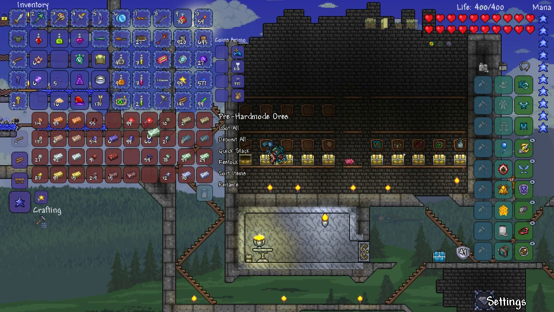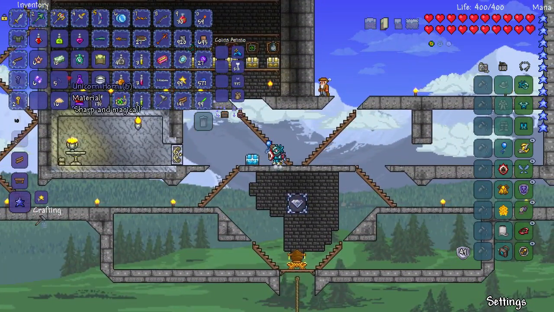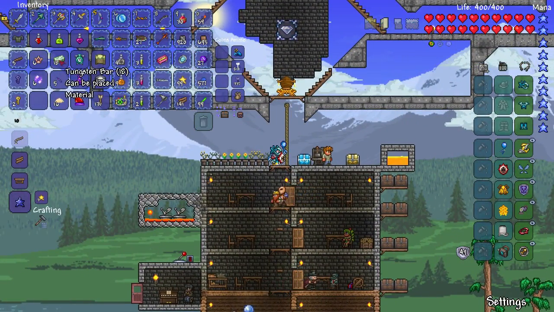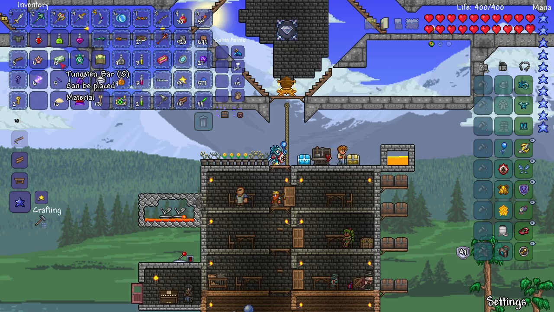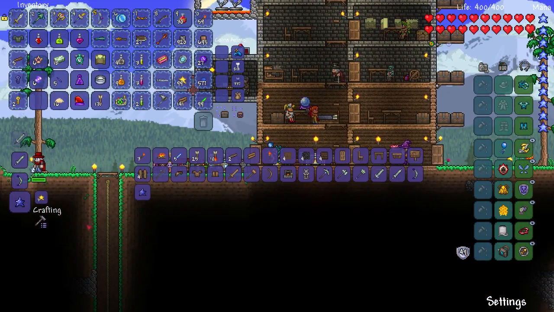Let's just take some tungsten. I actually don't know how much it is, I don't remember. So let's just take a bunch of tungsten. We're going to be using 6 souls of night, 6 vertebrae, since I don't have any rotten chunks. We used them all, unfortunately. And then some tungsten bars. And down here we should be able to make...